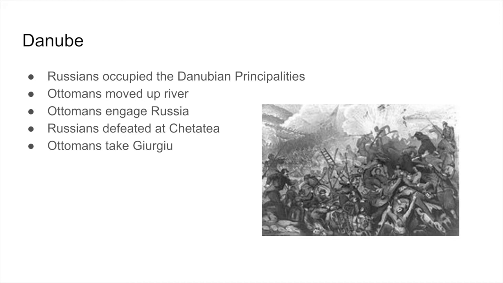In response, the Ottoman Empire also moved its forces up the river to establish strongholds in Vidin. Ottomans then crossed the Danube River at Vidin and captured Caliphate in October of 1853. Simultaneously, in the east, the Ottomans crossed the Danube at Silistra and attacked the Russians at